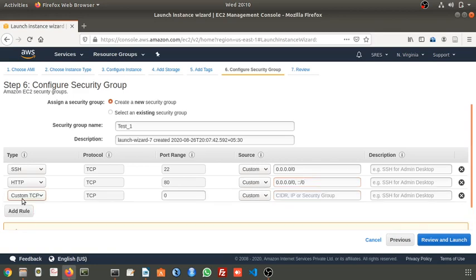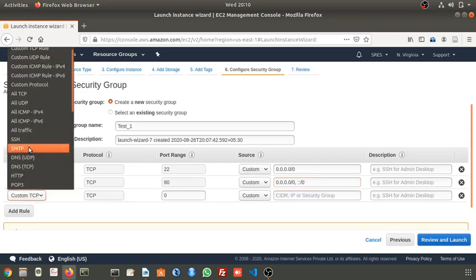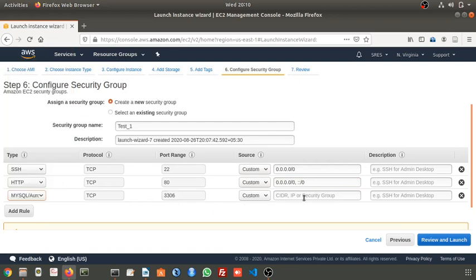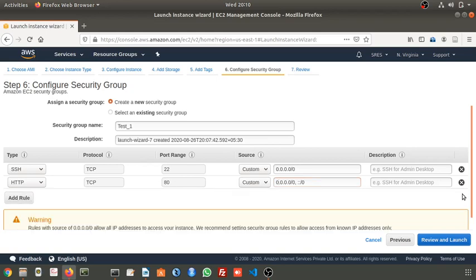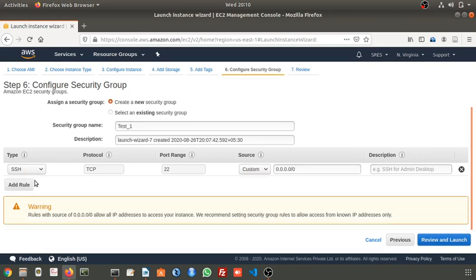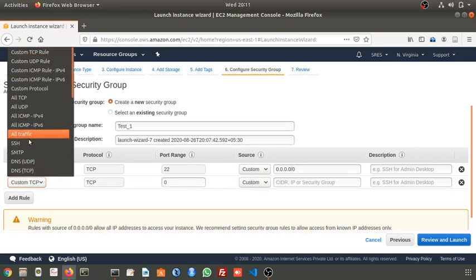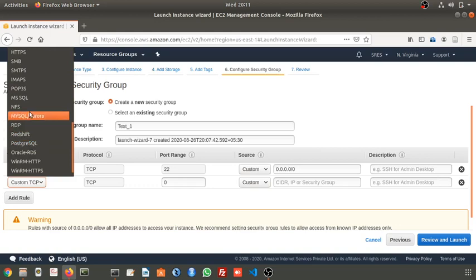If you want to access MySQL which is installed in your machine, you have to select this MySQL rule. Okay, like this. Here again you have to write this 0.0.0.0/0, copy and paste here. Okay, right now I don't want to install any web server and MySQL. I will just create it and access it using this secure shell. If you select Windows and you want the graphical user interface of that Windows, you have to enable this RDP port. Where is that? Let us see this RDP port.